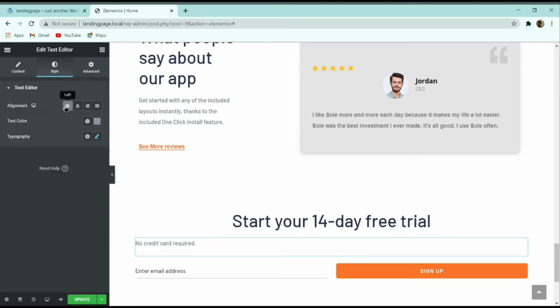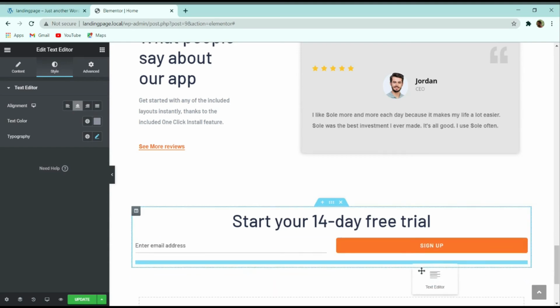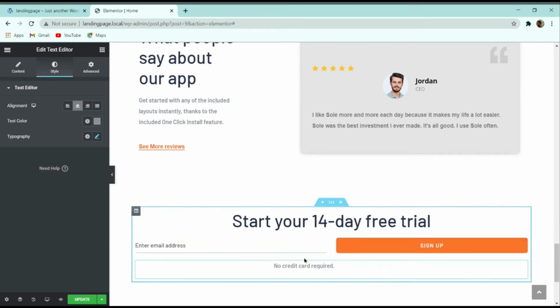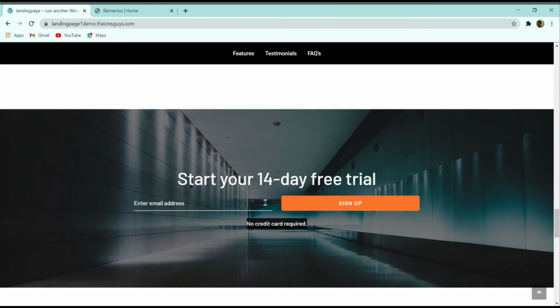And then I will go to the style, and here I will make the alignment to center. So you can see that by doing copy paste, it is very much helpful for us to create our website very fast. So basically now here we can see that we have to add a background image.